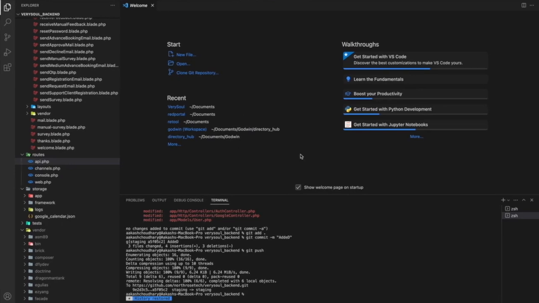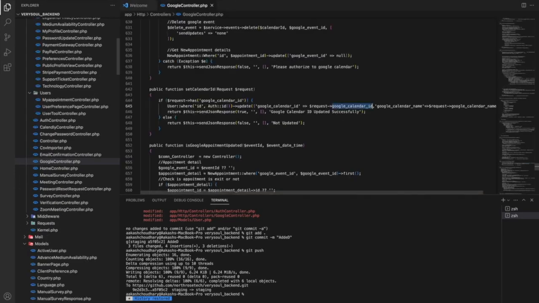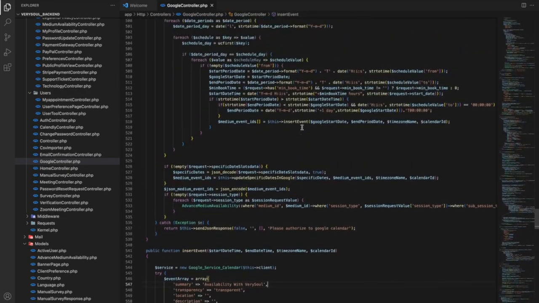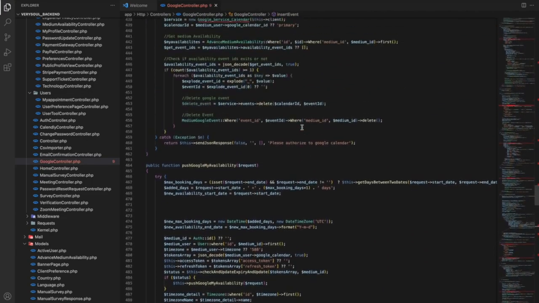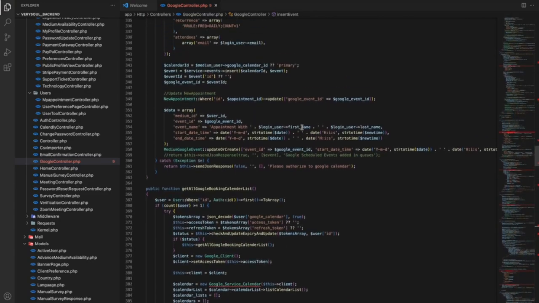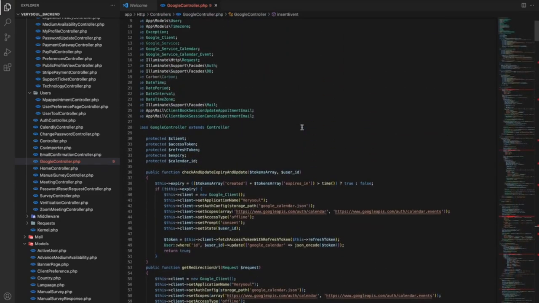For this, first of all, you have to create a route. This is created on Laravel, so you need to create a route to facilitate the user to go to the auth screen. So